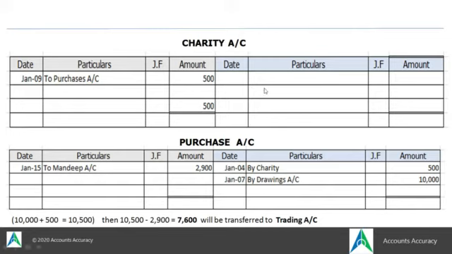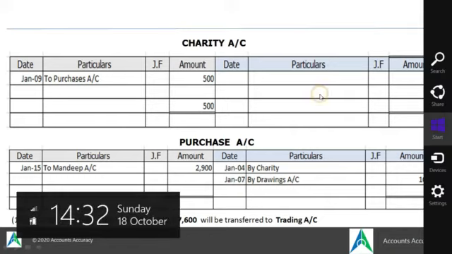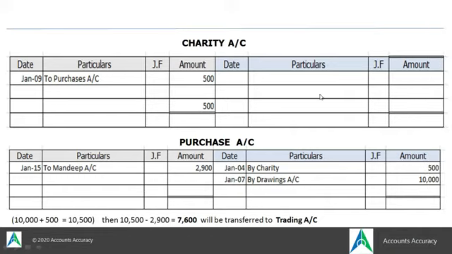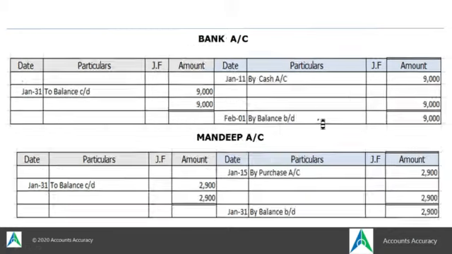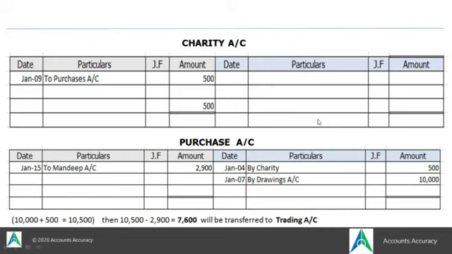Now you would think that why the balancing is not done for charity account. This part you need to understand, children, that whichever are the expenses, those account balancing is not done in ledger. We never do the balancing of expenses account. We only do the balancing of personal account and real account, but we don't do the balancing of nominal accounts.